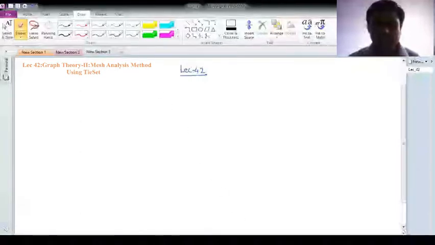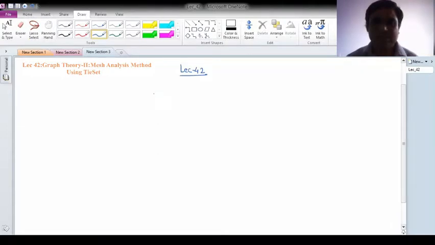Welcome to lecture 42. So let us continue from the last class. In the last class we started with the use of graph theory in the analysis of complex networks. For that we saw the first method, where we compute the node voltages using the graph theory approach. I mean, we will see how to use the nodal analysis method using graph theory, and for that